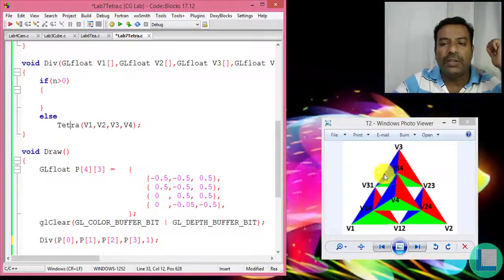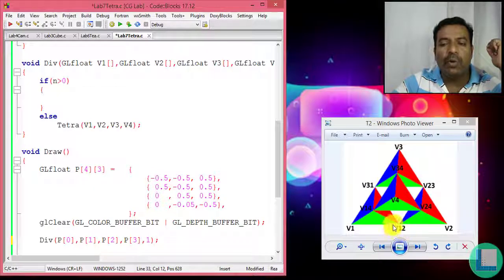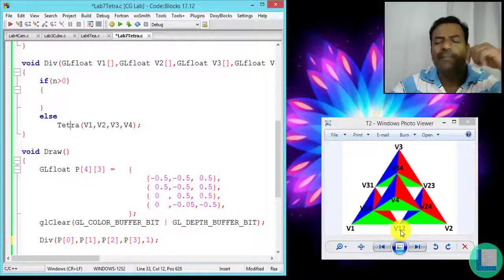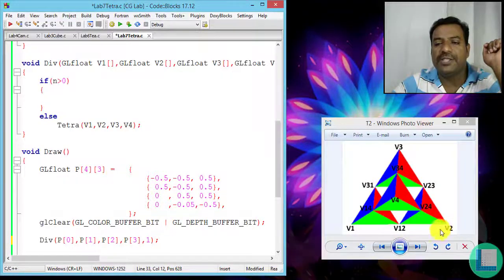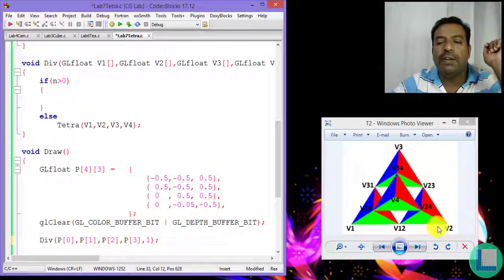I'm just going to look at this program. I'm going to have v1, v2, v3, v4. I have 4 points already. Now between v1 and v2 I'm going to find the midpoint. I'm going to have a line, and in this line, find the midpoint, that is v12. The variable name I'm giving as v12 is just for simplicity of understanding. The midpoint between v1 and v2 is v12. Similarly, find the midpoint between v3 and v2 as v23, and so on.